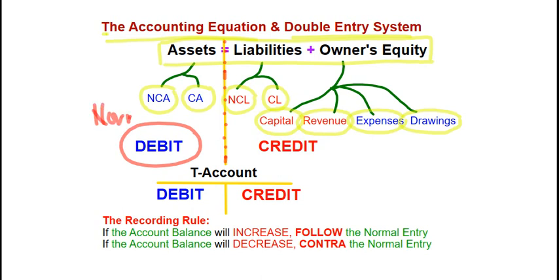As for the right side of the equation, that is what we call credit. So whatever accounts you have on the right side of the equation, the normal entry will always be credit, with exception for expenses